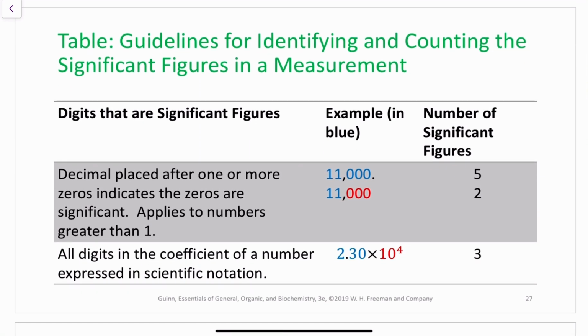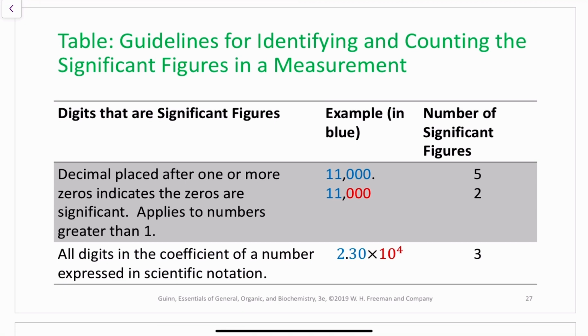Now we have to know how we're going to figure out how many significant figures you have in any given number in a measurement. So there are some rules that you need to know before you can decide how many significant numbers or figures you have in that particular measurement. So the first rule says